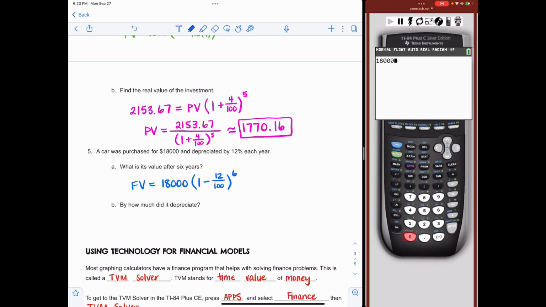So literally, we're going to type it in exactly like this. And when we do that, we see that the value of the car will be approximately $8,359.27